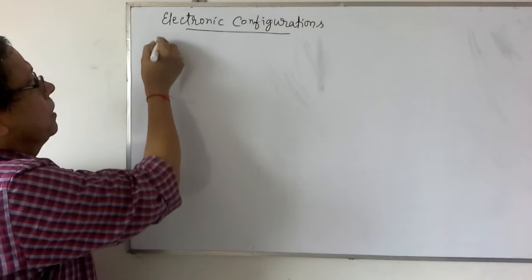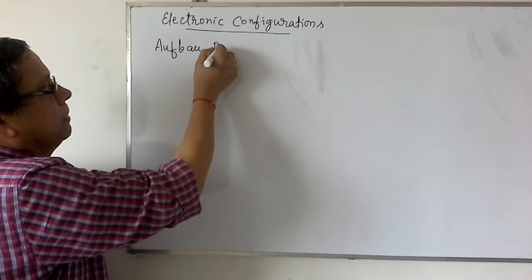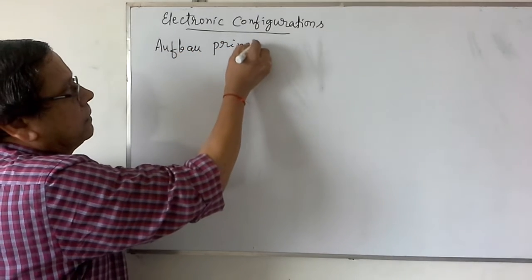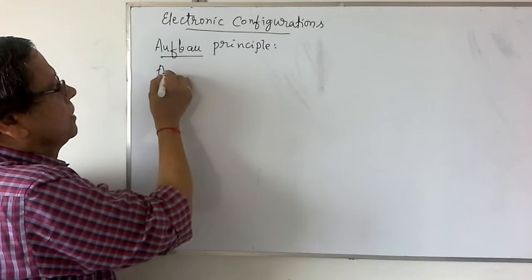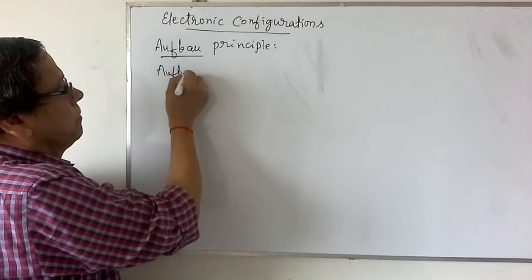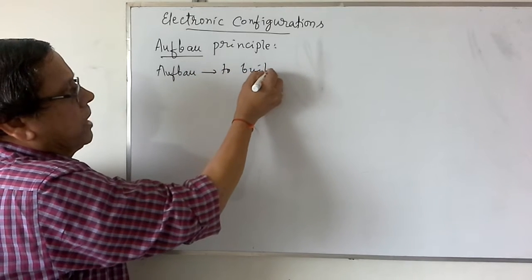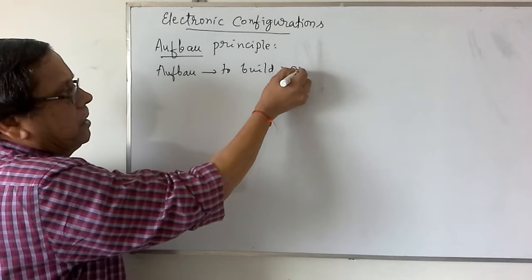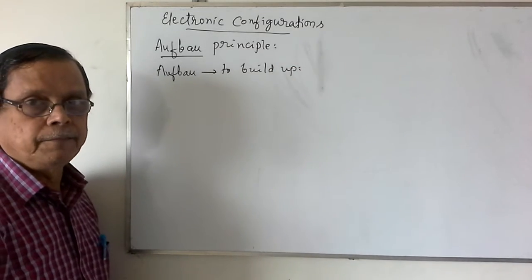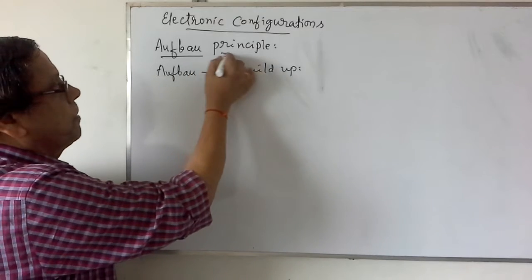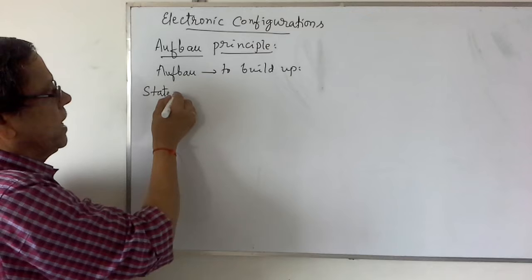The first rule we consider is the Aufbau principle. This word Aufbau actually means to build up. So we are building up the electronic configuration based on the principle called the Aufbau principle. According to this Aufbau principle, we write the statement as